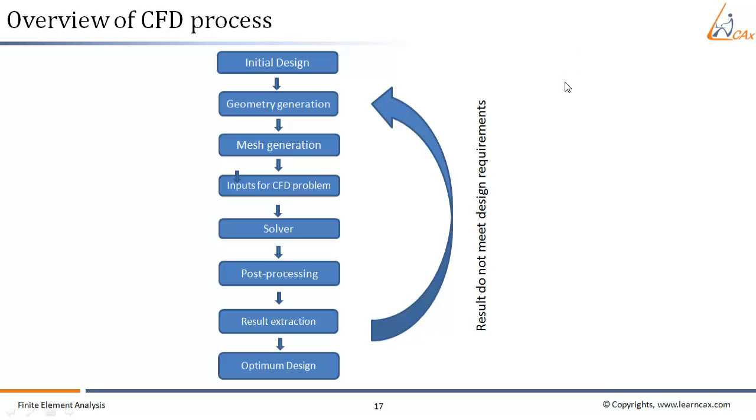So what is the overall process when we use CFD for turbo machinery? First we start with the initial design. After that we generate the geometry. Then we generate a mesh for that particular turbo machinery CAD model. Then we input the CFD problem, solve it using some solver, and do post-processing of the results, that is, extract results, and then judge whether there is an optimum design or not in terms of the performance,